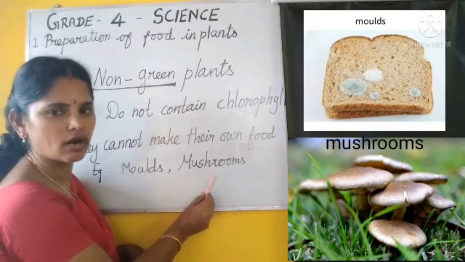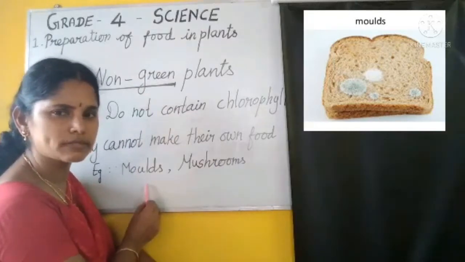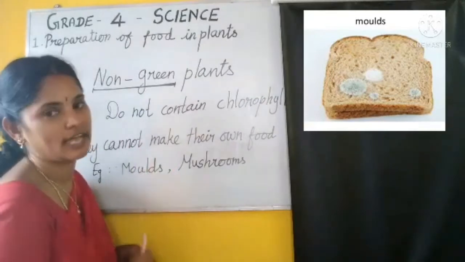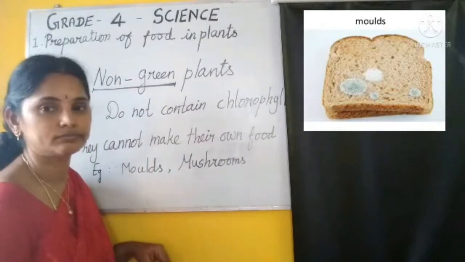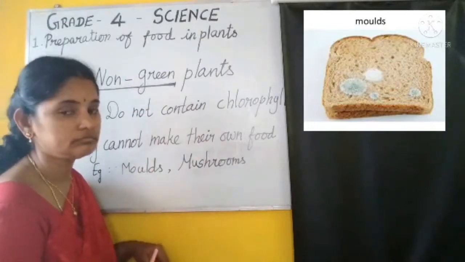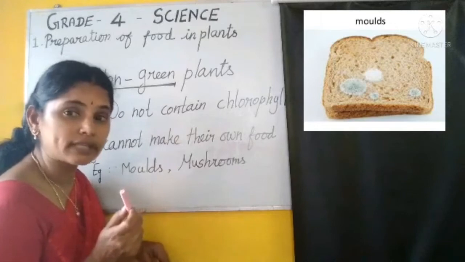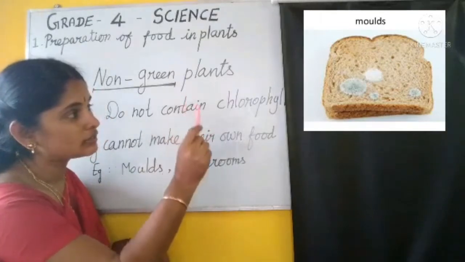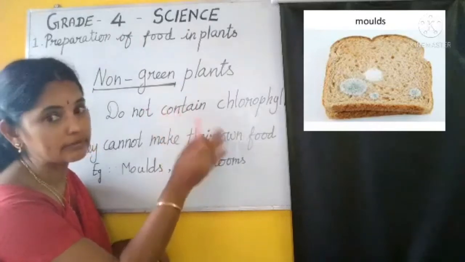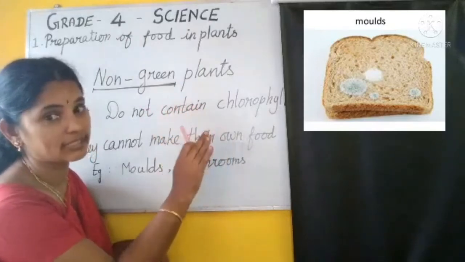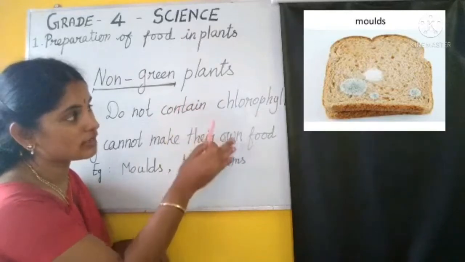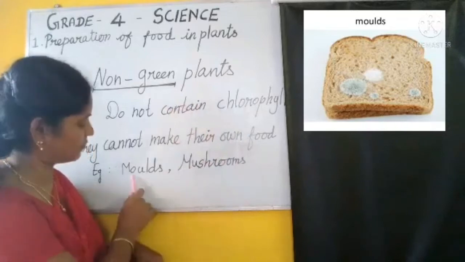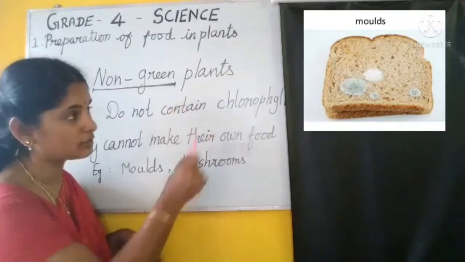Mushroom, I know, is kaalaan. What is meant by molds, miss? You get a doubt, don't you? See, listen carefully. What are molds? Have you seen spoiled bread? Look here. See this. The bread has spoiled and gone bad on top, isn't it? These are called stale. So the stale bread is covered by molds. That is what is called molds.